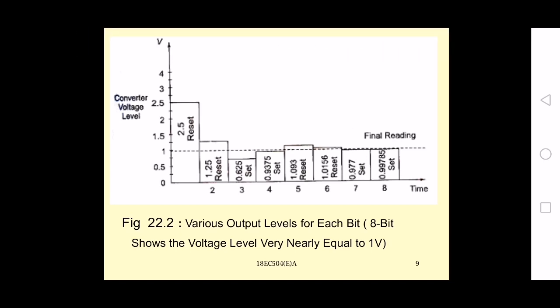D1. So D1 when we are making 1, it is almost equal to 0.977, which is less than 1. Again we are going for D0, which we are making 1, so it is almost equal to 1 volts, that is given by 0.99785. So by completing 8 clock cycles, we are closely approximating your input signal, and finally we will